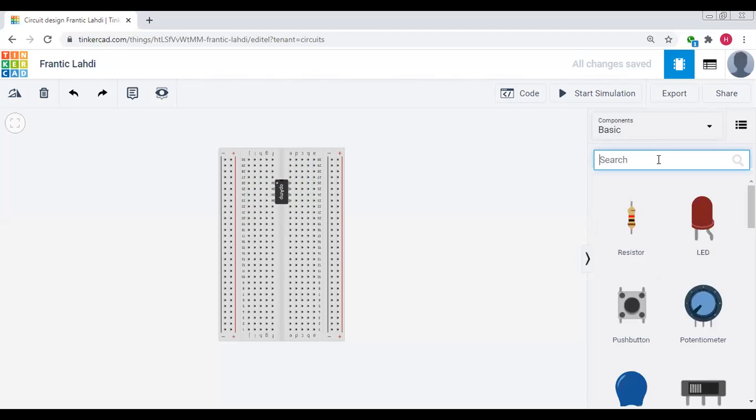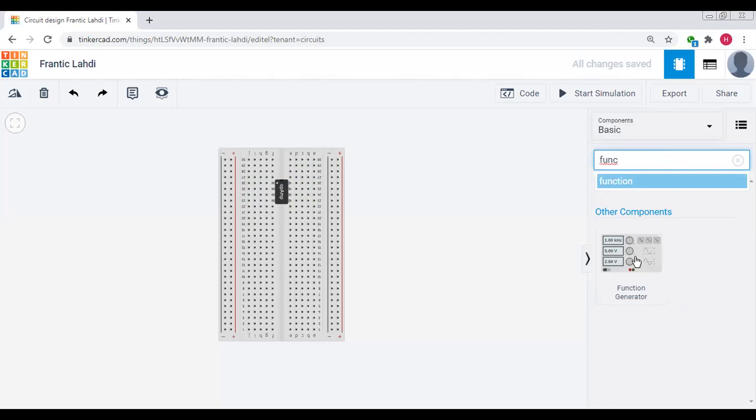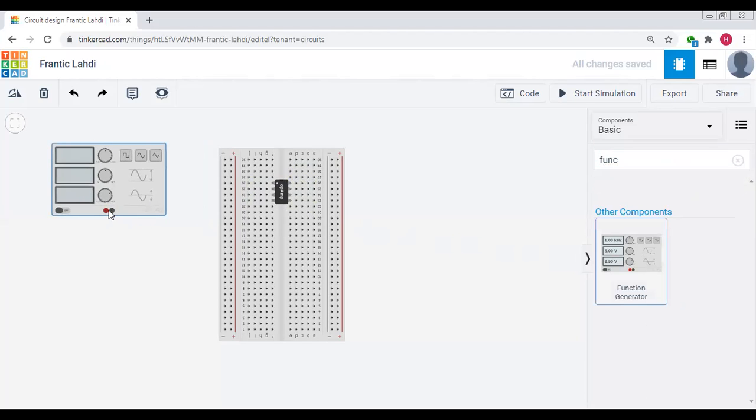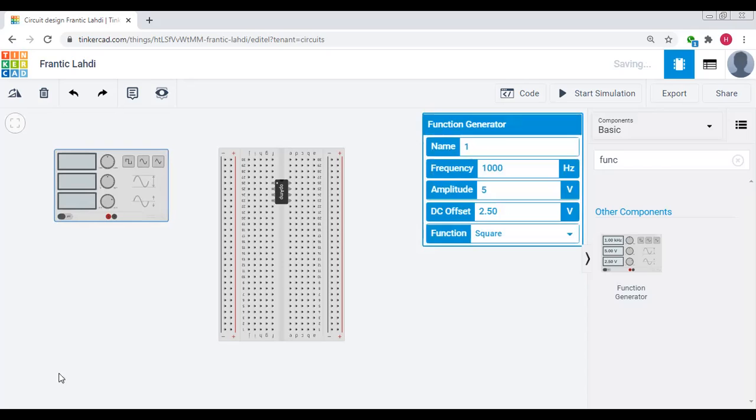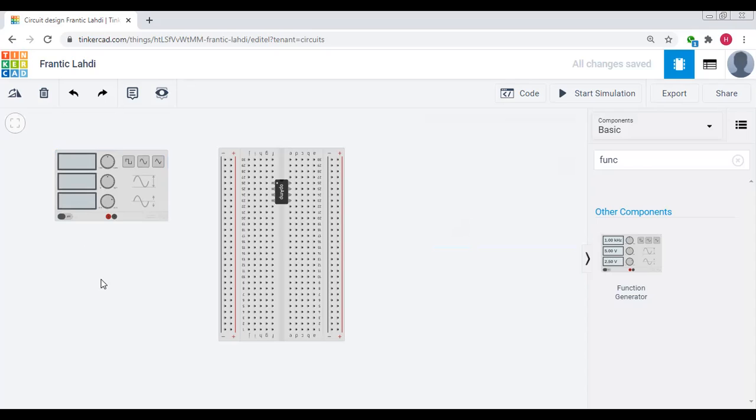Now search for the function generator. As we know, the input to this IC is given by a function generator. The operation of that function generator is to give the supply to this IC, to provide the pulses, to provide the input voltage in square form. Here you see square form, sinusoidal form, or triangular form. So we connect that, we give supply,